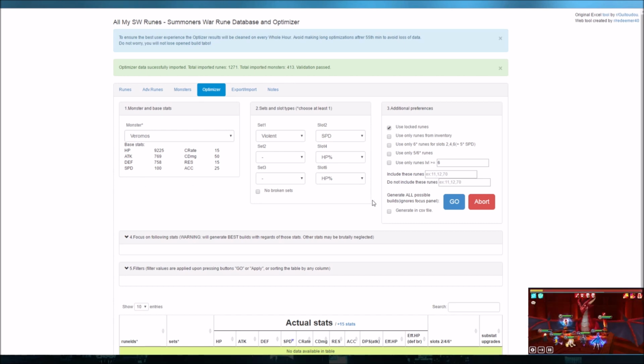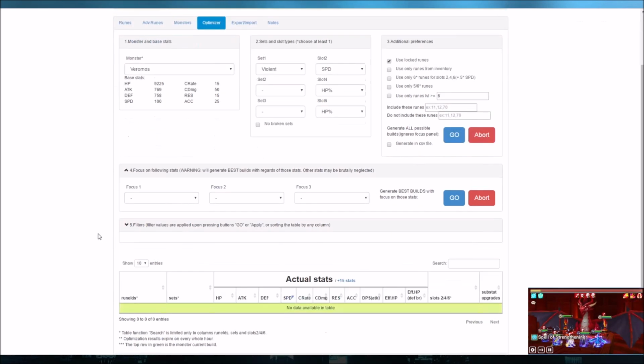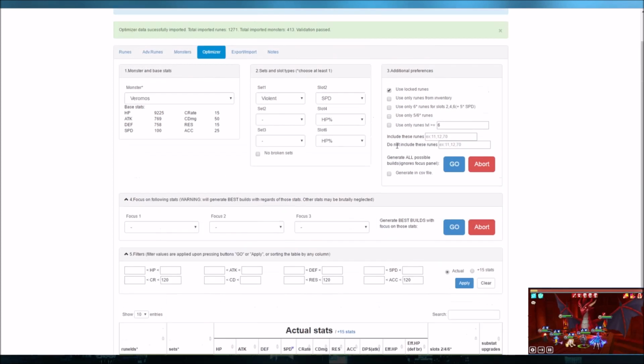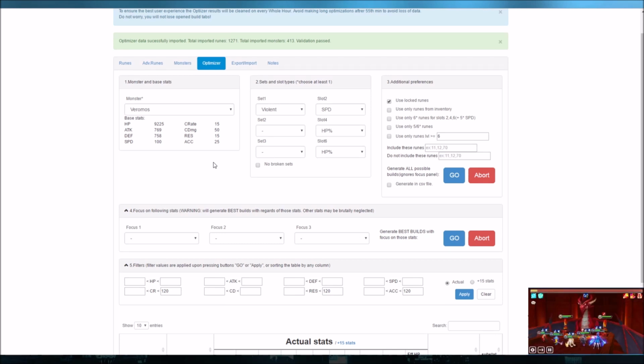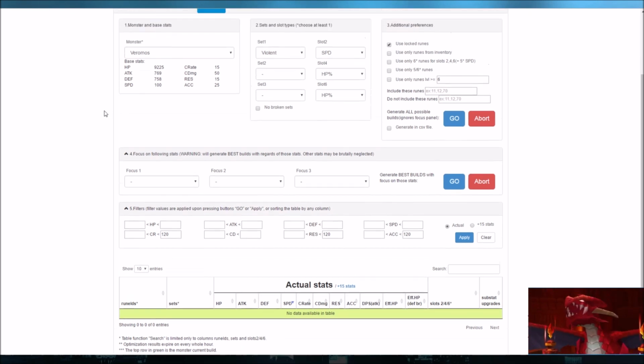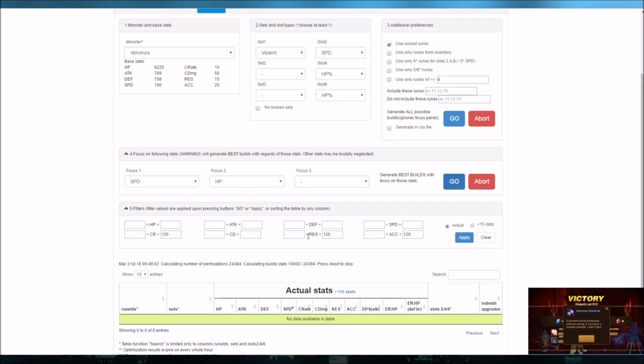runes as well. What I will do is I will use the focus, just because I don't want to generate all of the possible builds with all of my runes, just for sake of making the video faster. If you do want to just generate every possible combination of runes for yourself, you can press this go button, but I'm gonna focus on Veromos' speed, his HP, and we'll leave it with those two. So let's calculate these builds